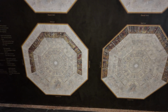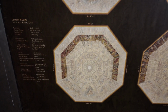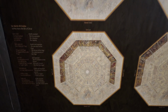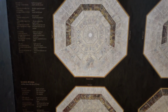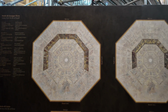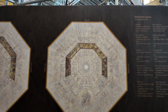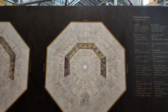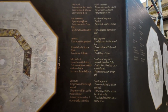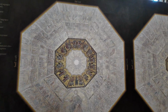And then you go over one and up one of the rings, and this is telling the scenes from the life of Christ. Then you go up one more, that is the life of Joseph. The fourth one up is scenes from Genesis. And then, of course, we come over here to